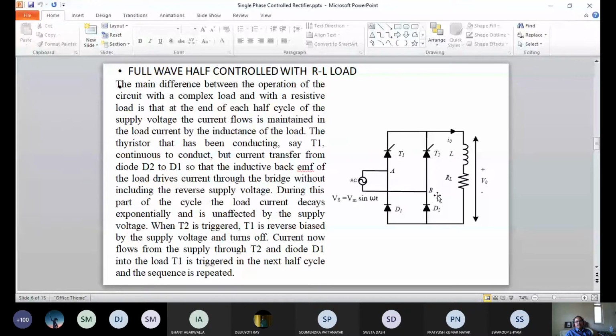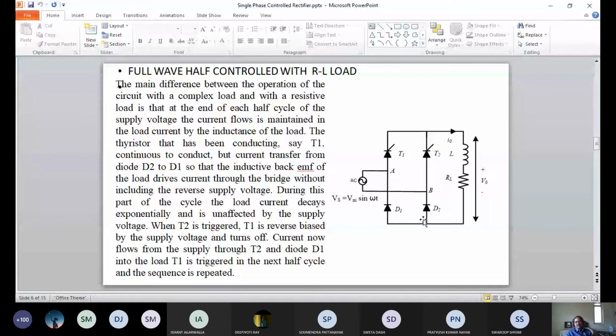Now what happens? As I told you, there is stored energy here. This stored energy has to be released in the second half. So when the inductor starts releasing energy, this current starts decreasing, and there is a voltage drop. L di by dt will reverse polarity, right? And imagine the current here is not 0, which is the holding current. So this thyristor will continue to conduct in the same direction. But diode D2 is reverse bias, so it will turn off.